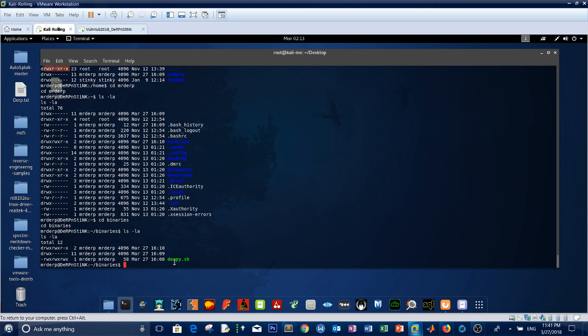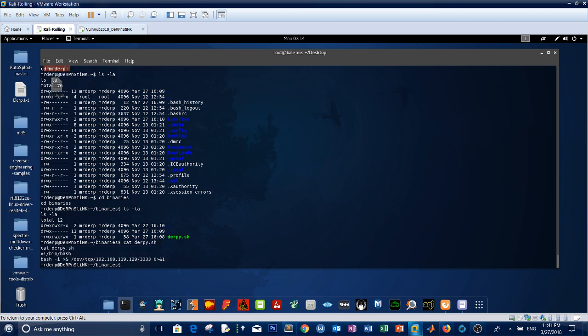Then you go ahead and execute this file as sudo. Inside of this file you can create, for example, a netcat connection to your machine, or you can execute some OS commands. So here is derpy.sh, I will show you the content of this script. Here I have defined bin bash and then defined a connection to my attacking machine. So if I go ahead and open another listener on my machine here,